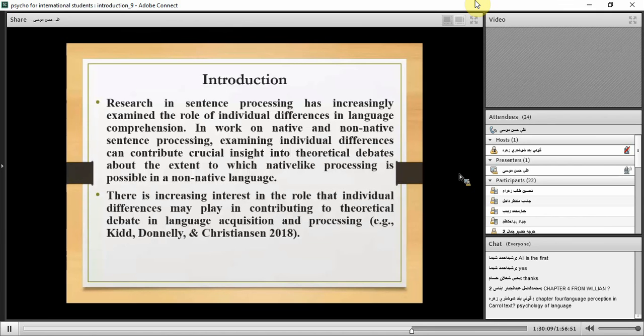For example, explaining individual differences can indicate the extent to which language processing is governed by different accounts of the role of working memory in sentence processing within the context of